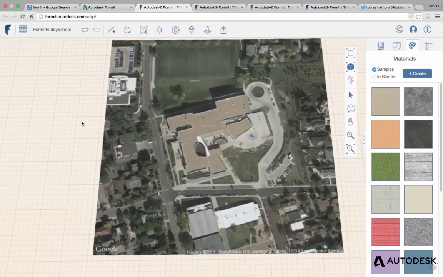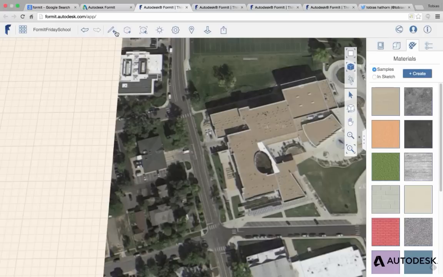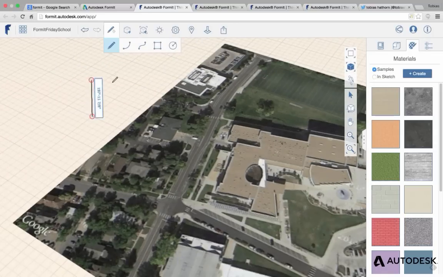You can see that it's going north, south, east, west, but the school is actually canted at a bit of an angle. So you can rectify that. The way the grid is set up now, if you were to start sketching, like with this pencil tool, you're going to get these green and red and blue axes all related to the grid. And the same is true if you were to place a primitive cube. You'll see that cube show up